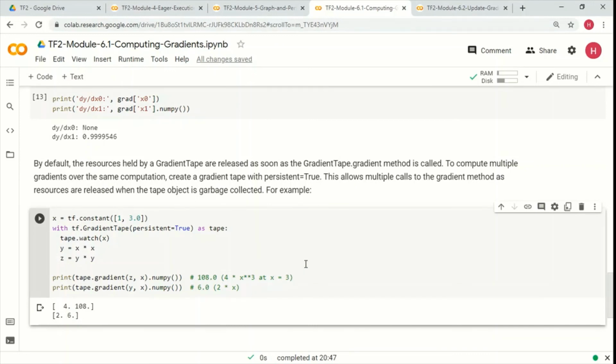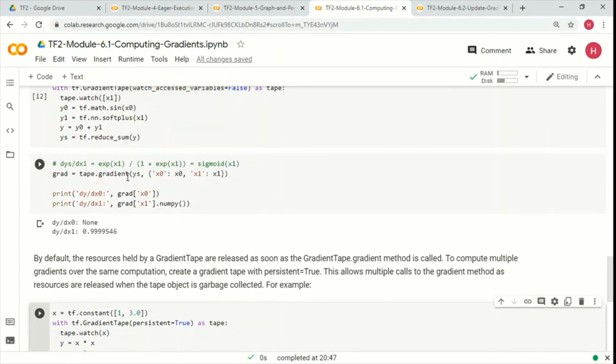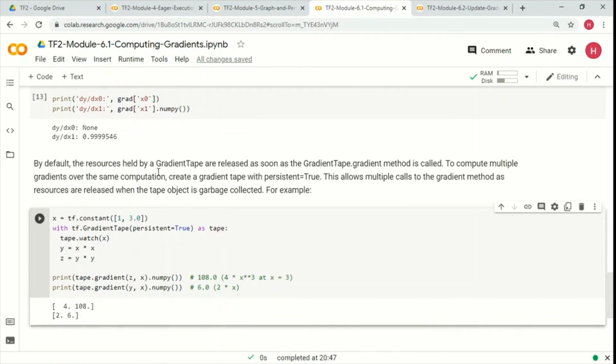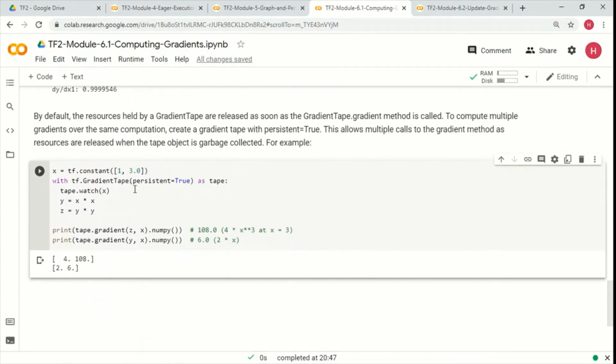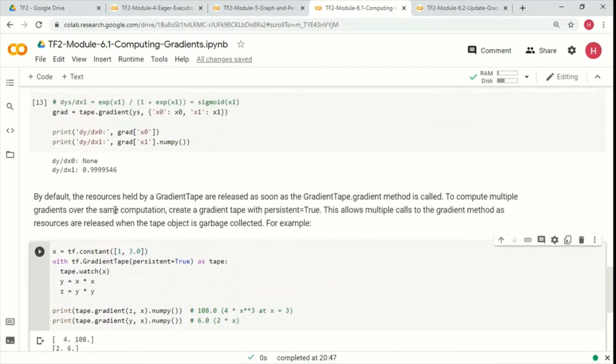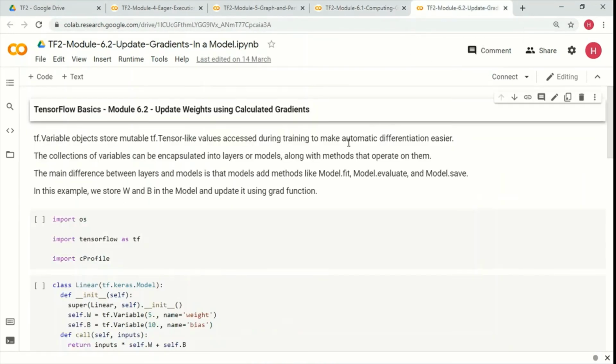So that's how the capturing of the gradients using the gradient tape works, and then we calculate the gradients by calling the tape.gradient method. And we can calculate the gradients with respect to multiple variables also, and we can also disable the watching of certain variables if we do not want to, and we can also use this persistent to do operations like gradient calculations on top of each other also. Okay, now let's turn to something else.